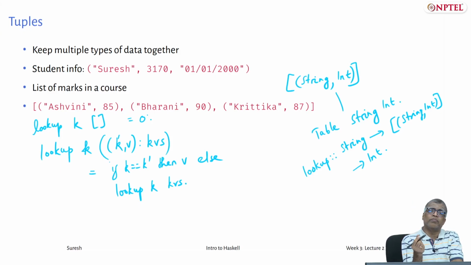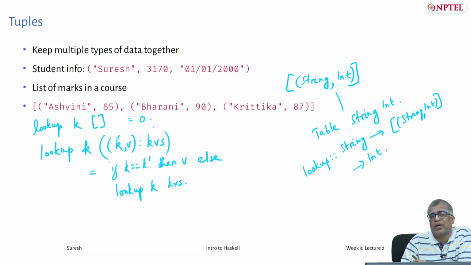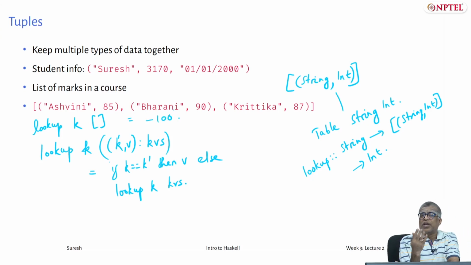Maybe some student was absent for the exam, and you need to be able to tell the instructor that the student was absent rather than just returning 0, because you can also score 0 in a test, right? So you shouldn't return default values that could also be possible legitimate values. Maybe in the case of marks, I will return negative marks, minus 100, but who knows, your test might involve negative marking, okay? So it is always ad hoc if we have to write a solution like this.